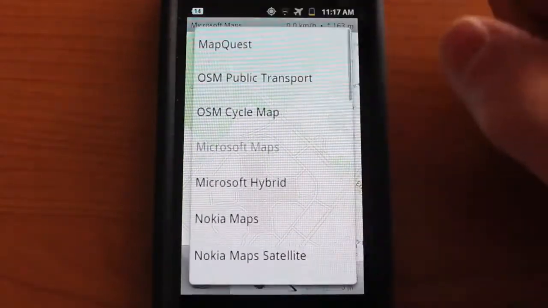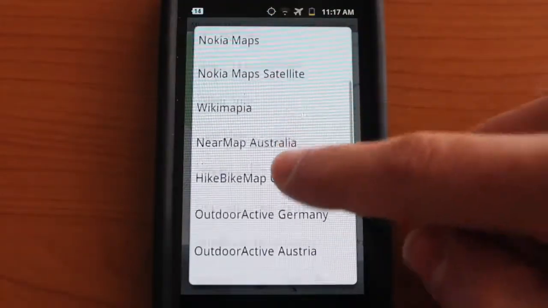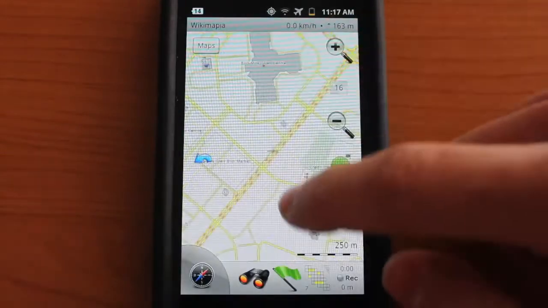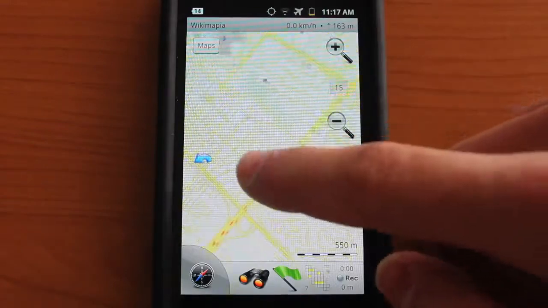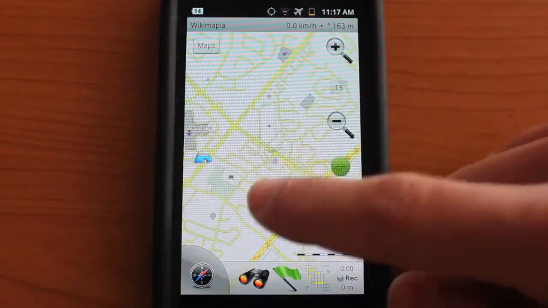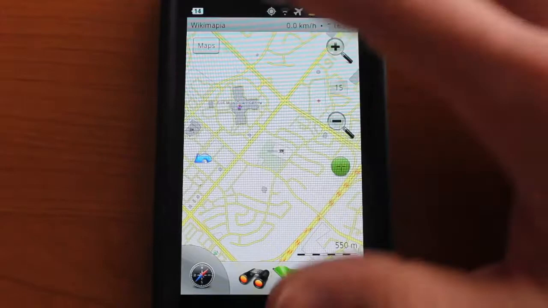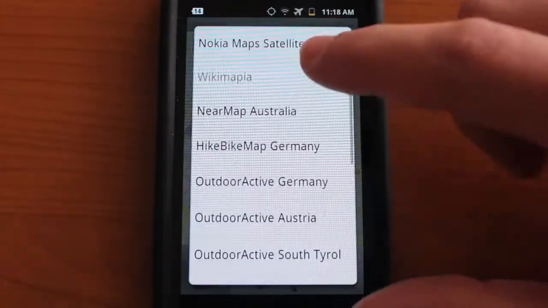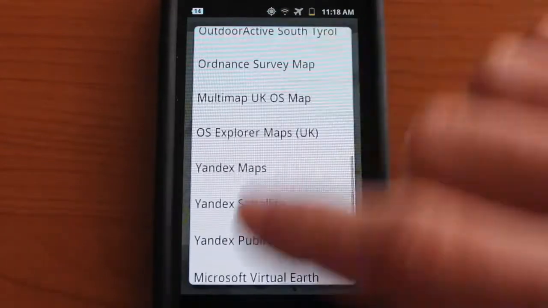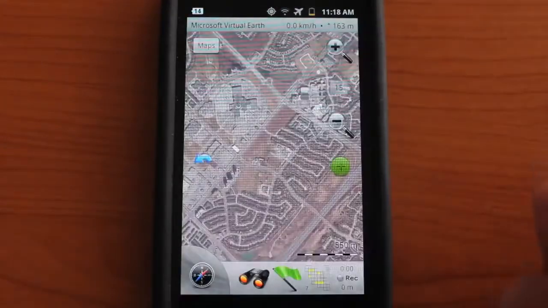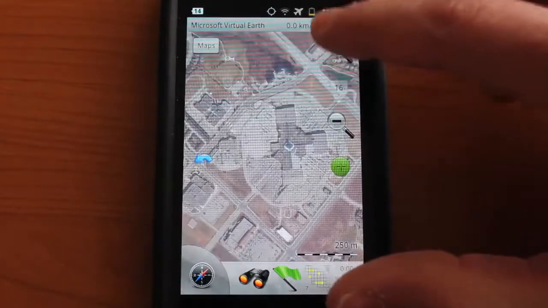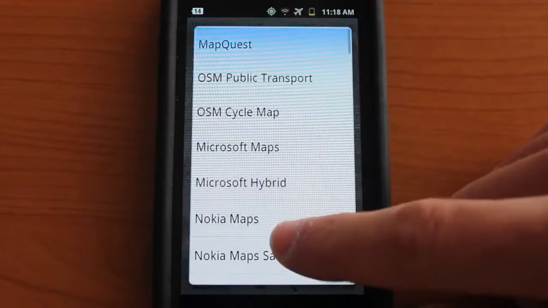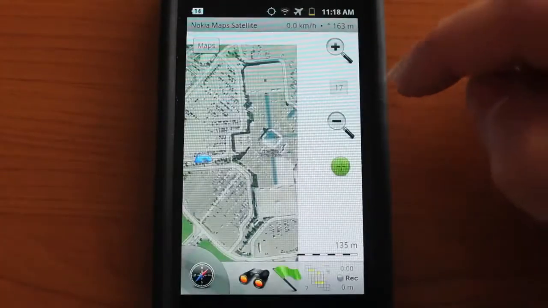Also a little different. And there's a variety of different sources, even things like Wikimapia, which is also a different source. It really depends on what you prefer. Some of them have a little more detail than others, and perhaps you like the color scheme of some of these maps more than others. There's also Microsoft Virtual Earth map tiles for satellite view. This is pretty cool. This is equivalent to the Nokia Maps satellite. They're actually very similar,